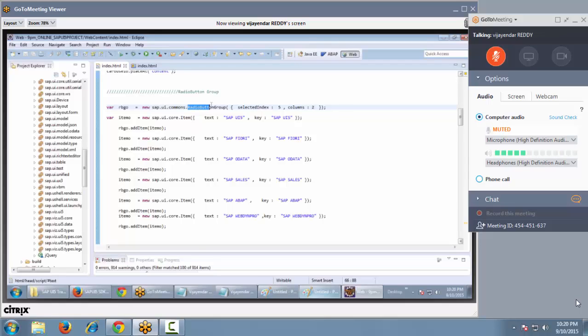A radio button group will display items with text only. It will not display any image directly there. Are you getting my point? Yeah. But what you can do is use some coding techniques to